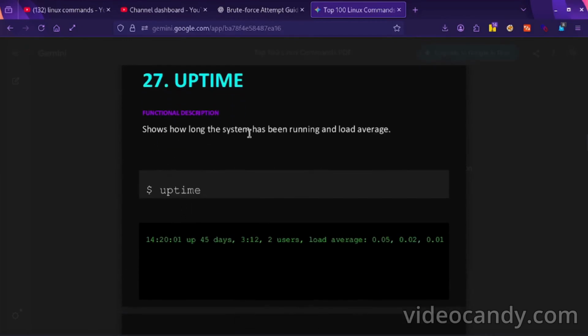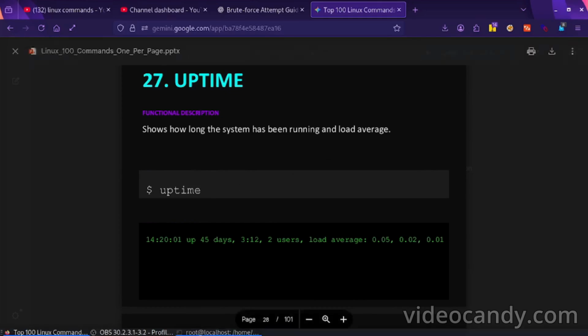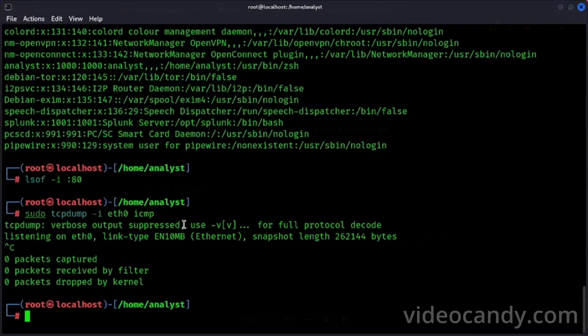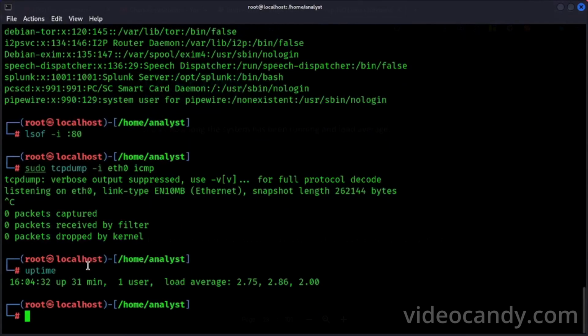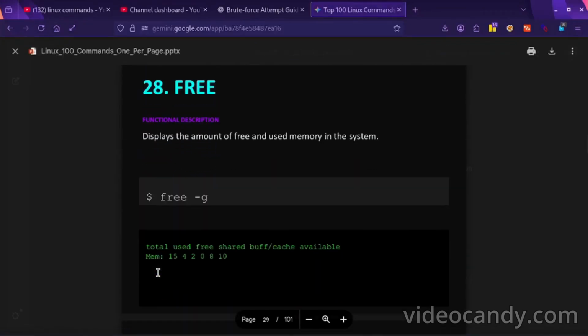uptime, how long the system has been running, and load average. Okay, we will check what my uptime is. My uptime is 31 minutes, and one user. Okay, and free.